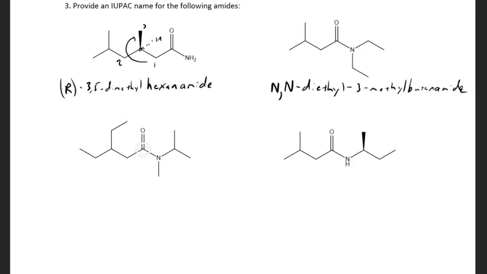For this compound, looking at all the substituents, we have an isopropyl group on our nitrogen and a methyl group on our nitrogen. We also have an ethyl group on our 1, 2, 3, 4, 5 carbon chain. Again, we have a 5 carbon chain. We have an amide functional group. So starting out, we have